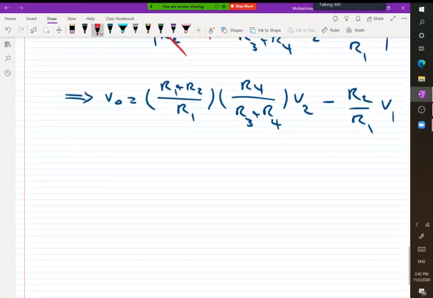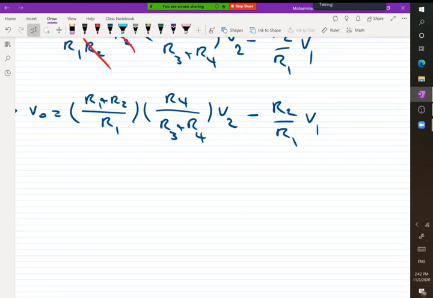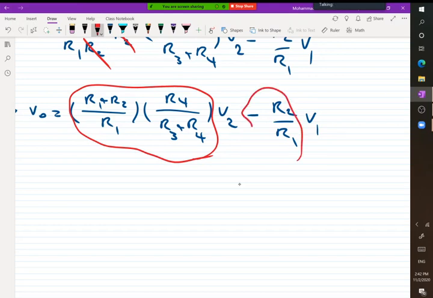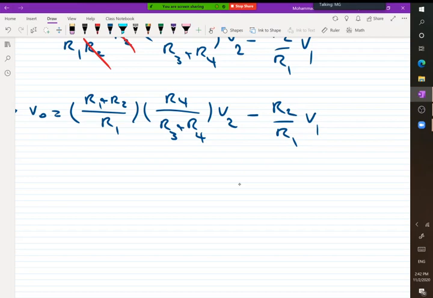But here, if we look at the equation, we see that one of them is positive and the other is negative. Okay, so if we consider this one as K1 and this one, I'm talking about this part, as K2, we can say